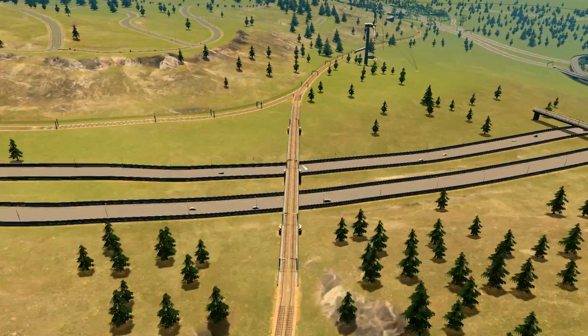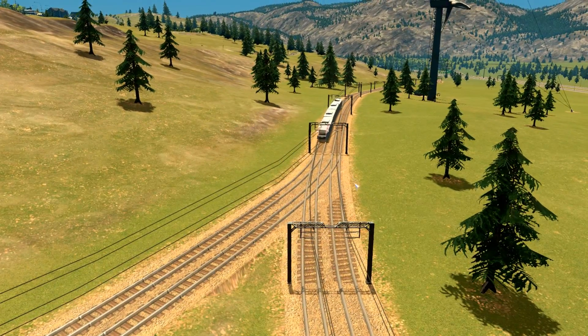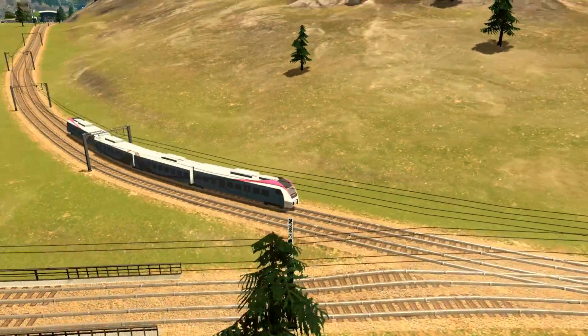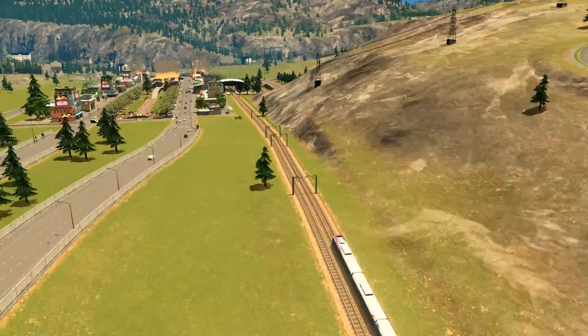And yeah, you can kind of see I have a couple custom trains and trams that I'll show you guys, but this is one of them. Pretty cool. And it's a smaller train, but that's okay because this actual train line isn't...